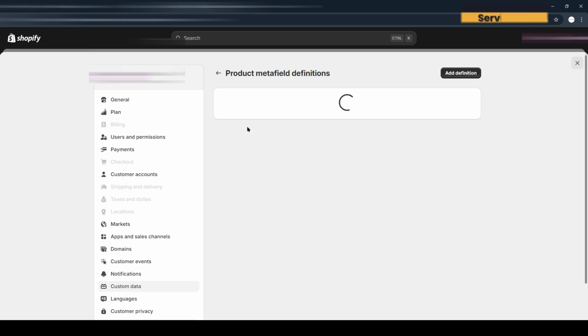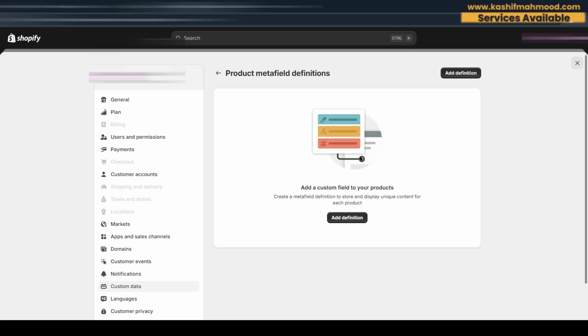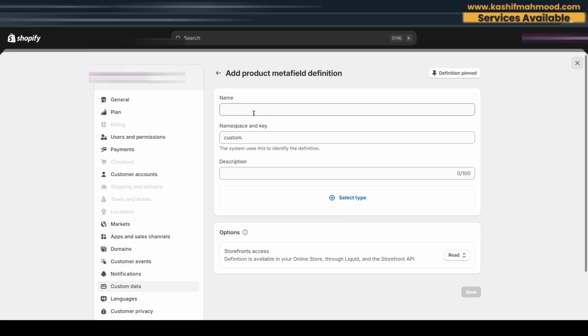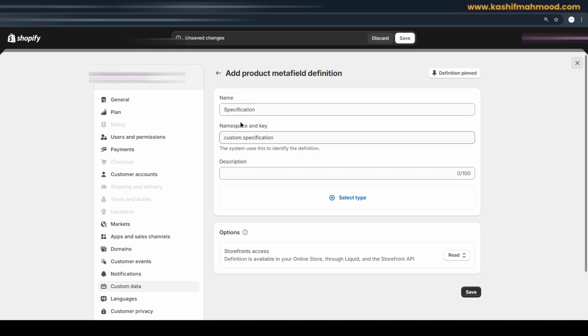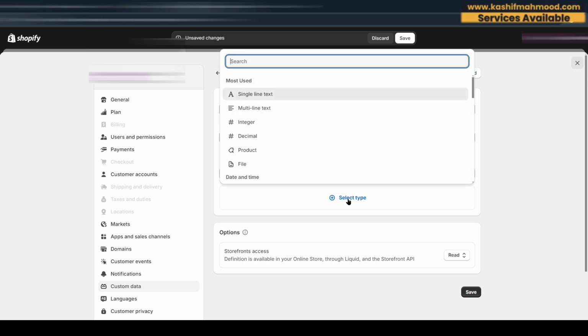For product we can just click on product, and here we will have to click on add definition, and here we will have to write the name for that meta field. For example, we just want to say specifications, or maybe anything that you want to add. Let me just add, and here is the namespace and key, and it's a unique value for that meta field. Here is the meta field description. It's not necessary, it's optional,